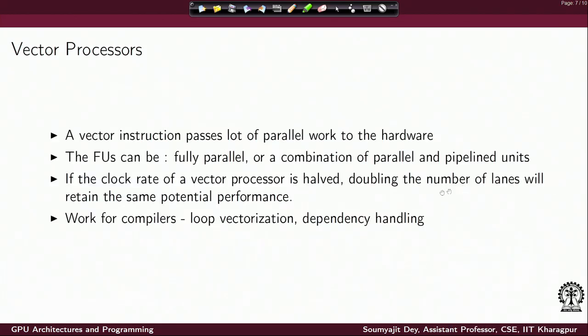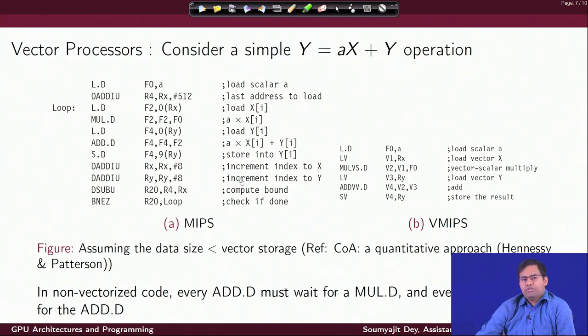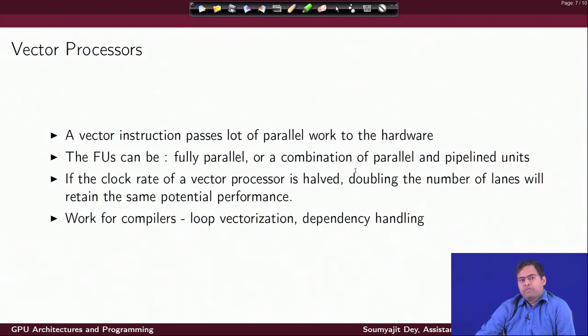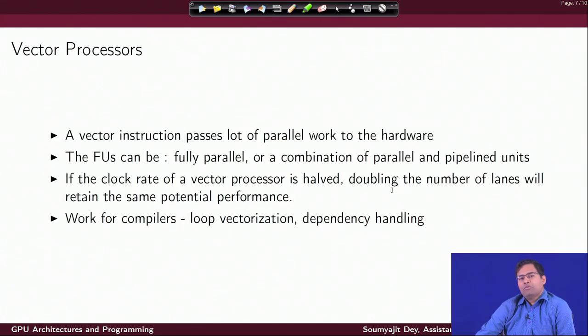Of course, as we understand, the good thing is I have fewer instructions to execute. Now the instructions may take less time if I have a lot of parallel hardware. It may not take so little time if I cannot execute all the vectorized instructions, I mean all the operations, in parallel. There has to be some trade-off, but this idea always holds that since I have many fewer instructions to execute, the number of waits in the pipeline would be less.